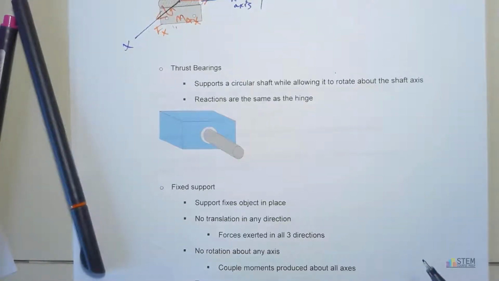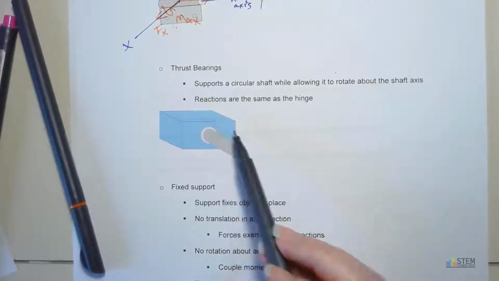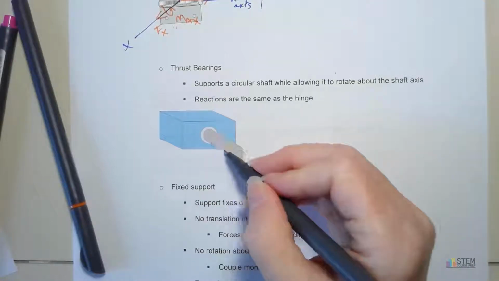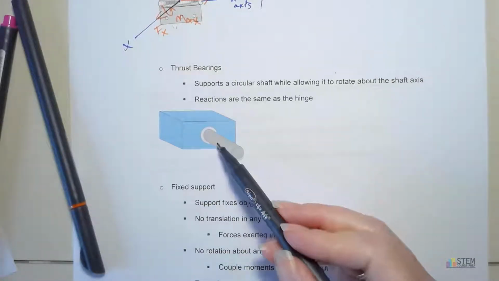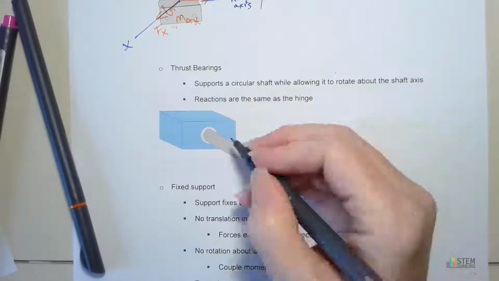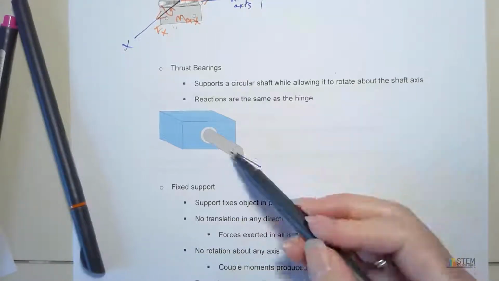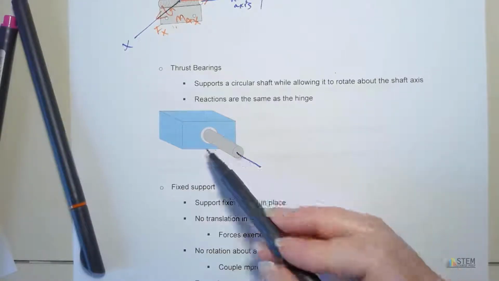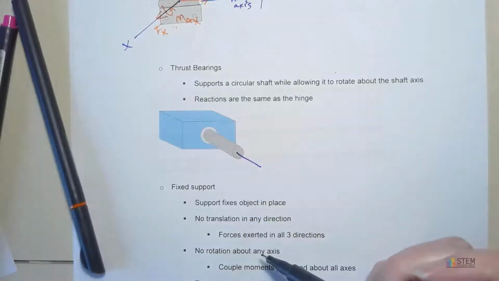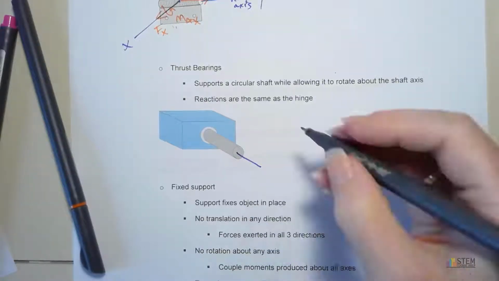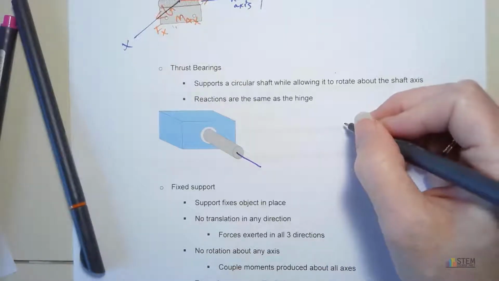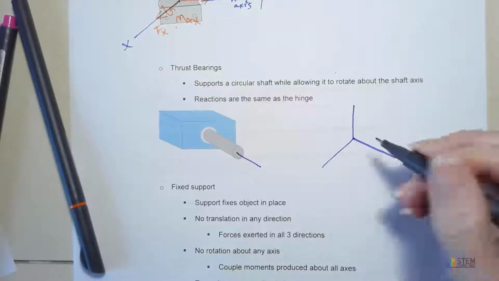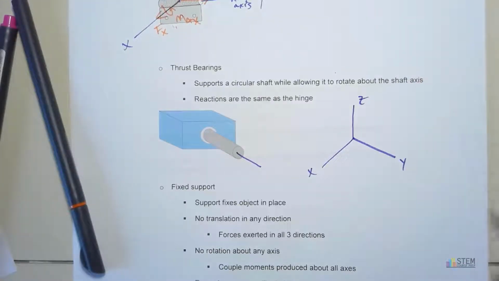Now let's look at a thrust bearing. And here's just an example of a thrust bearing. What this is, we've got a circular shaft that comes in here, and this circular shaft, we want this to be able to rotate about this axis. All right, so we want it to be able to spin around this axis and rotate. We do not, however, want it to translate in any of the directions. All right, so since we don't want it to translate in any of the directions, let's draw out our coordinate system here. Then if that's x, y, and then let's call it z,